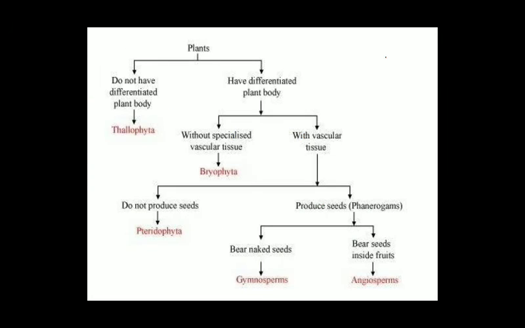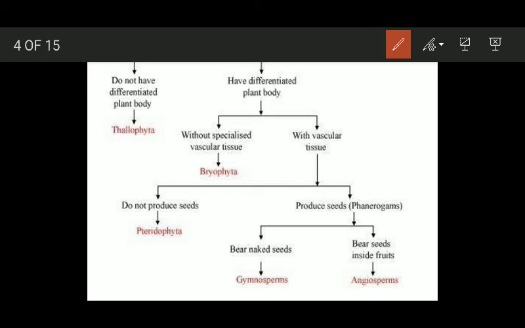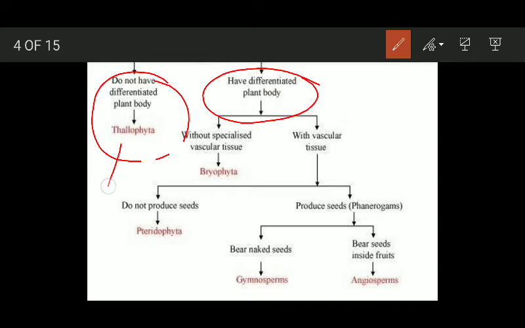Now here is the schematic representation of the classification of kingdom plantae. First of all, we have two groups, Thallophyta, okay, and this is another group. They have been delimited on the basis of whether they form well organized roots, stems and leaves or not. Okay, this Thallophyta includes those plants which don't have true roots, stems and leaves, and this group includes those plants which have true roots, stems and leaves, and they have been further classified into